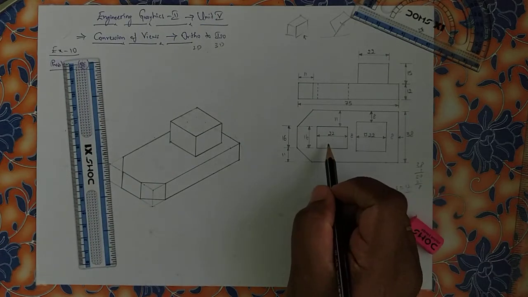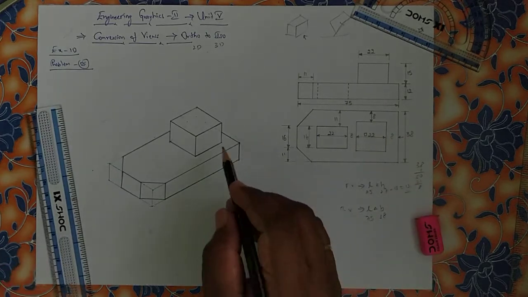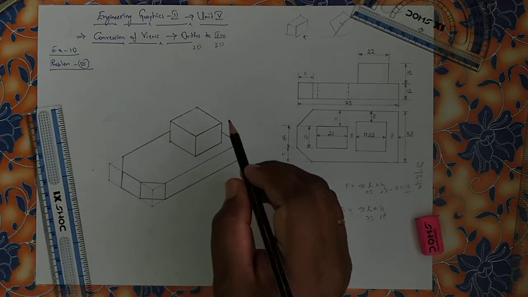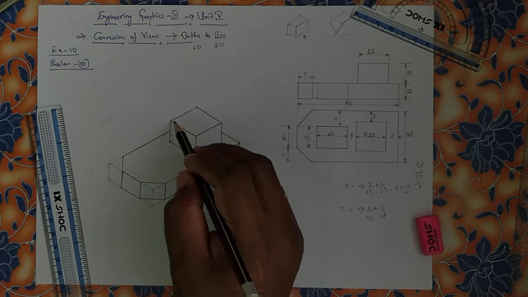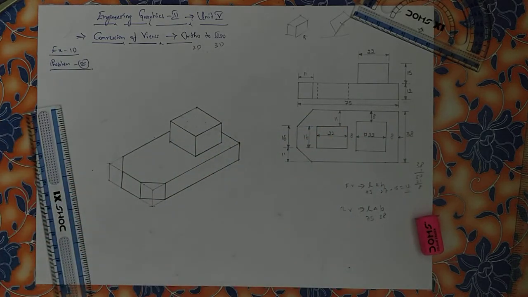Now this hole, I have constructed this one just by taking the heights. The important thing is to try to use the box construction lines. After finishing, just show the exterior boundaries and erase the remaining things. Clear?